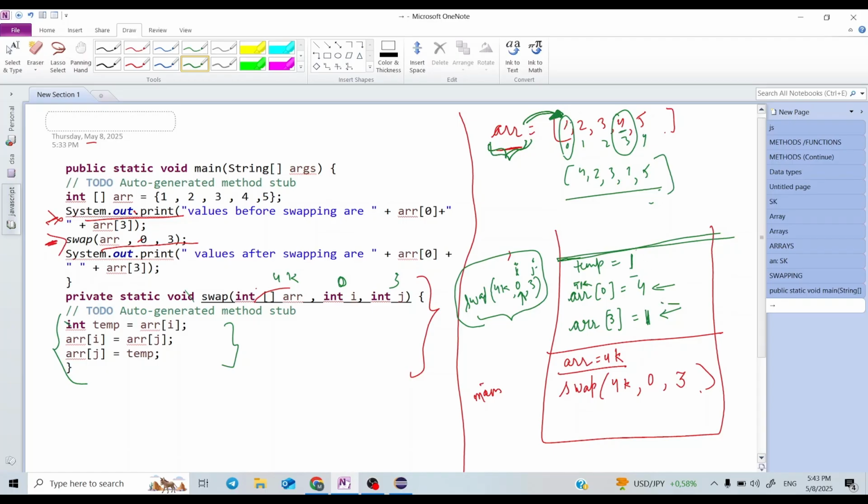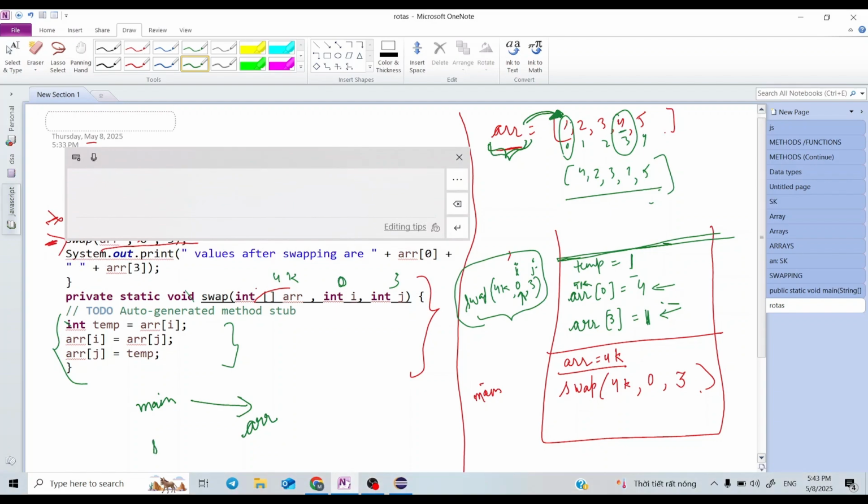Because we have made changes in the arr. The main function is also pointing to this arr, and the swap function is also pointing to this arr. They are sharing this arr. So that was why the change is made here.